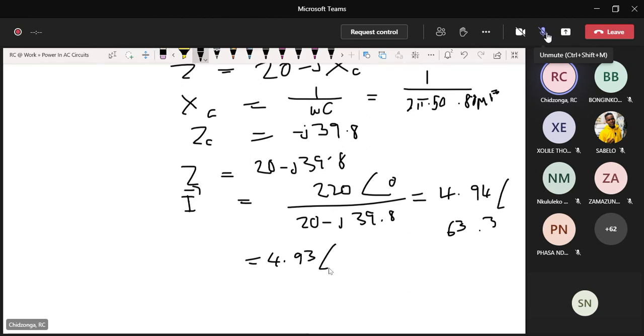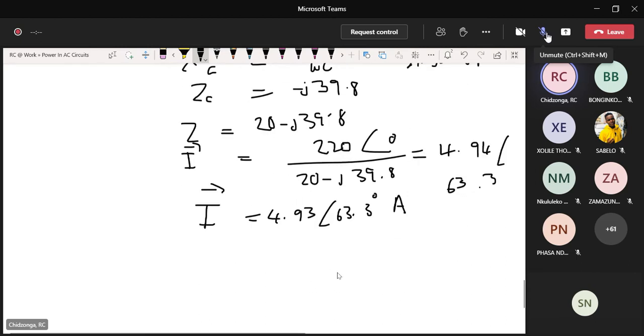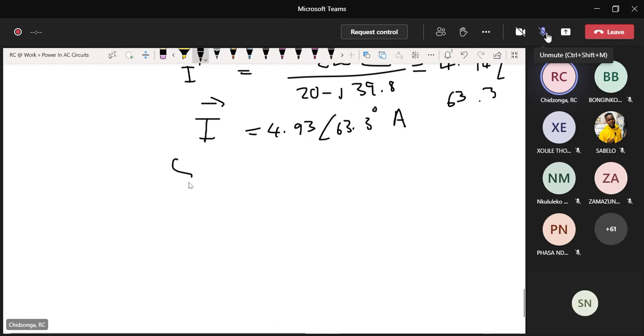4.93 angle 63.3 degrees amp. Notice that the current phasor has a positive angle, and it's a capacitive circuit. We expect that the current leads the voltage. Therefore, the apparent power is actually now V. Remember, this is RMS. I may not write it here, but that's what it is. V RMS, I RMS,